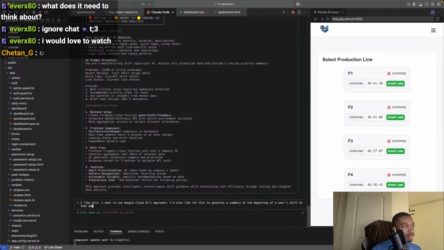So that means I want each user's Firestore document to have a field for shift start time and one for shift end time so that I know